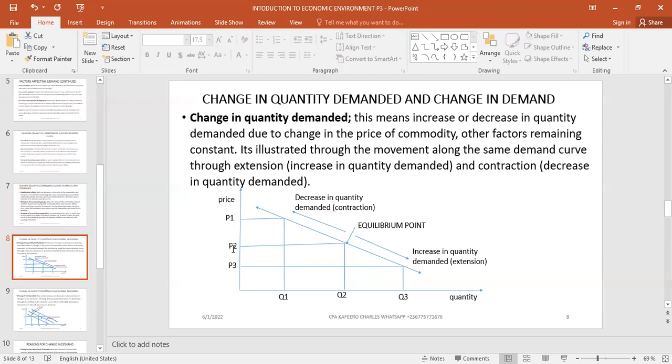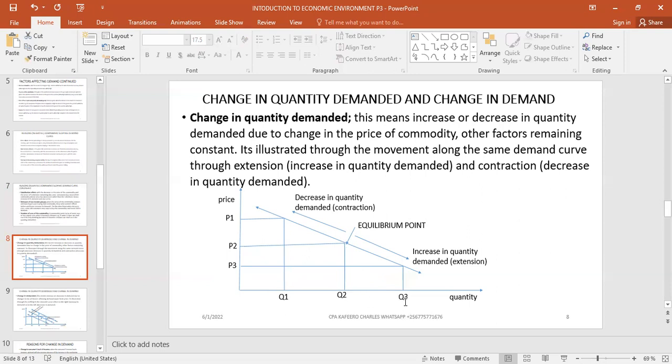Alternatively, if the price reduces from our normal or our equilibrium price from OP1, OP2 to OP3, we expect that the quantity is going to increase. It is increasing because the price has reduced, so more people are joining the market to buy those items. So when they are buying those items, we expect that the quantity is going to increase from Q2 to Q3,